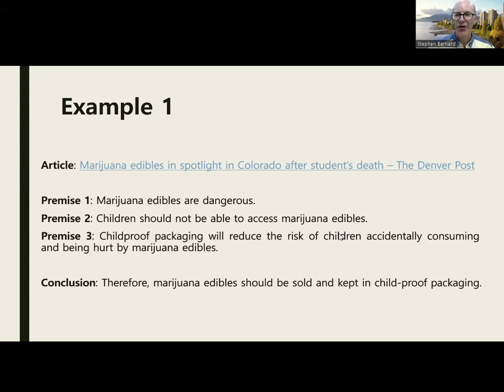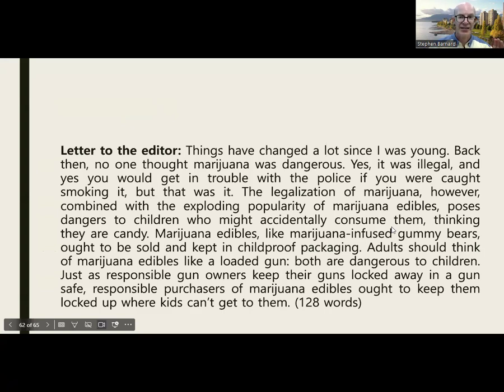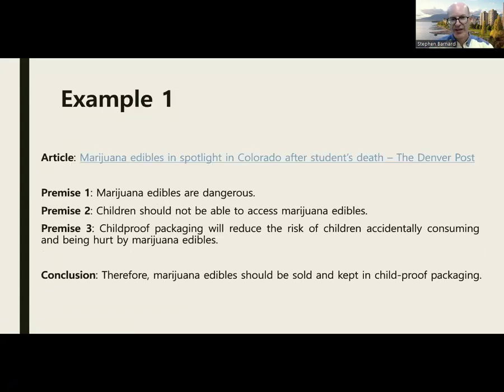Marijuana, like alcohol or any other drug, if it is consumed by children or people that are unable to handle its potency, it can be very dangerous and, depending on the situation, possibly fatal. So the conclusion, therefore, marijuana edibles should be sold and kept in child-proof packaging. I've put here that idea, so somebody now writing an internet comment about marijuana edibles, using these three premises,